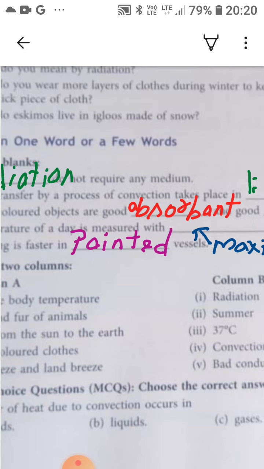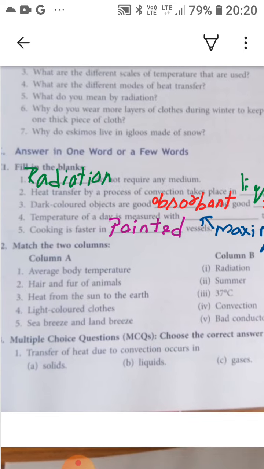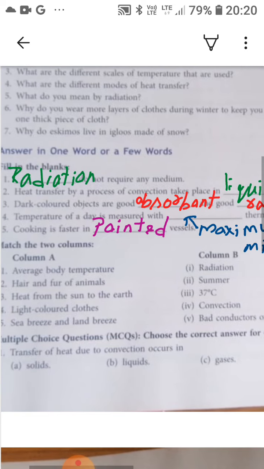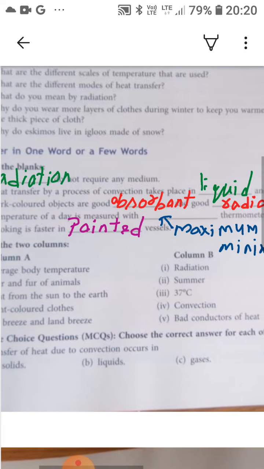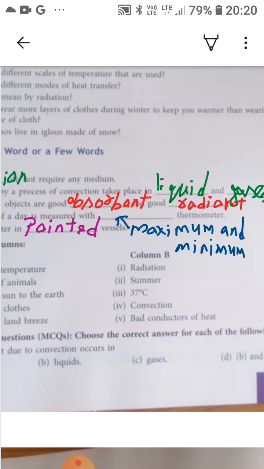Okay, so check it again. First you have to fill radiation in fill in the blanks, and the spelling of radiation is radiation, and in the second you have to fill liquid in first empty place, that is liquid,